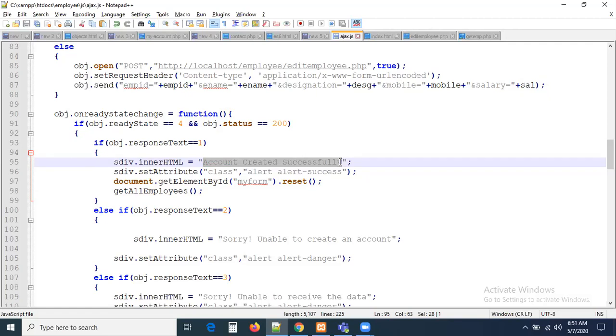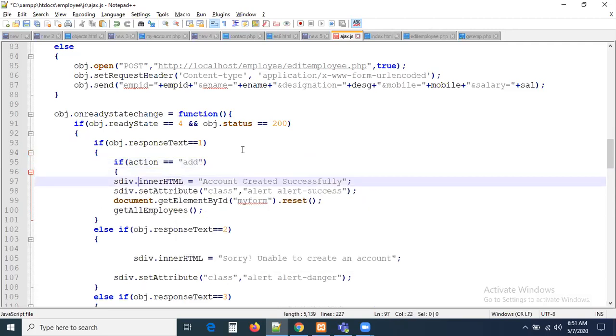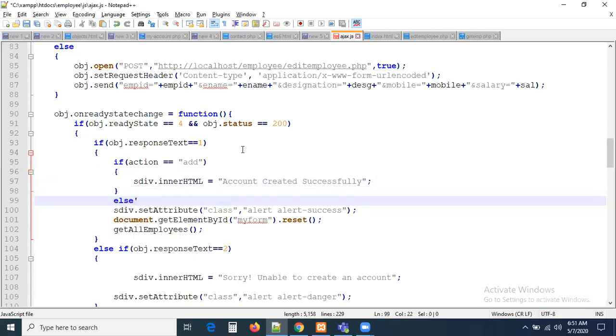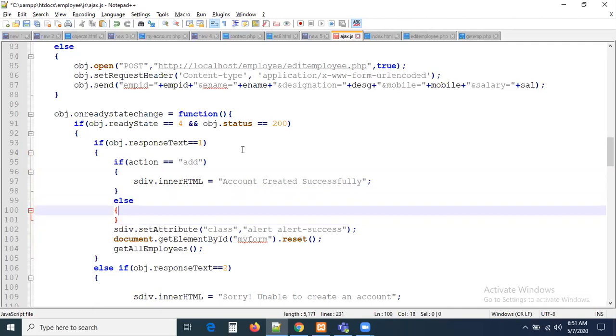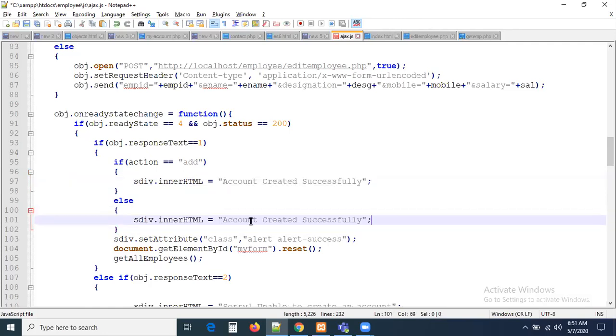Yes, how can we display the same, guys, here? The only thing is the message is going to be changed. How is the message going to be changed? Let us see here. So here also I need to write one condition: if action equal to add action. So if this is add action, I have to display this message. Otherwise, if it is an edit action, so definitely else block. What is the else block here? Definitely it is going to be edit action. Now here I want to display a message: employee updated successfully. This is the message I want to display.